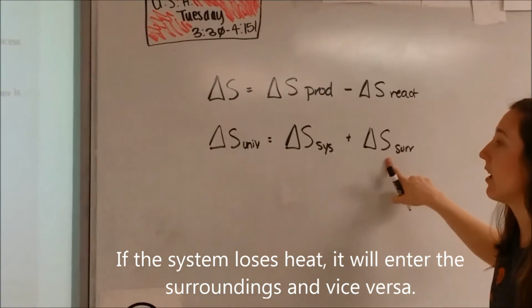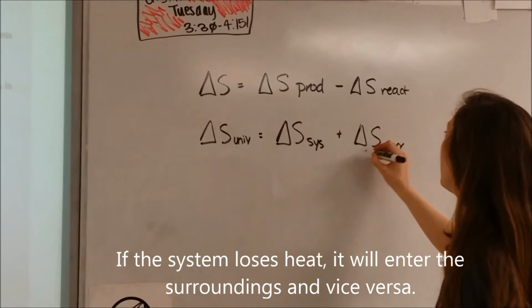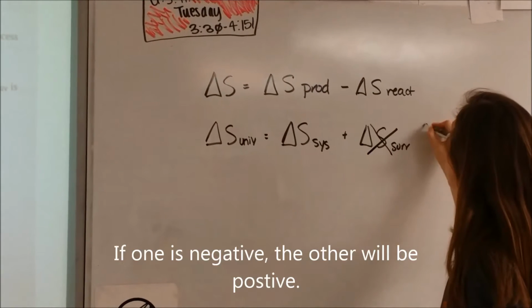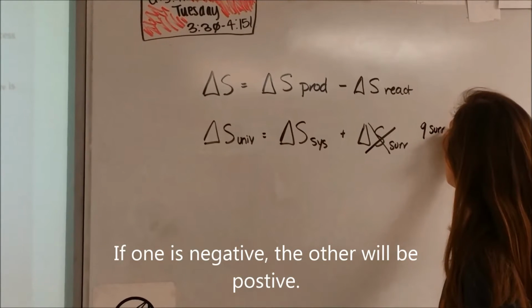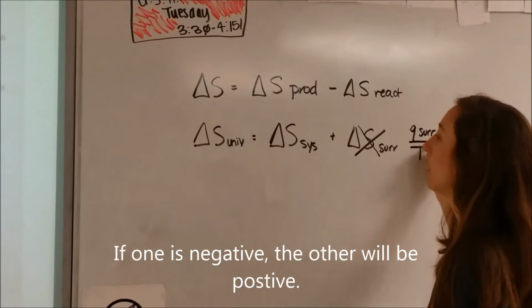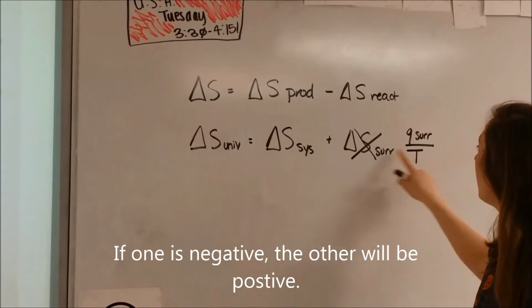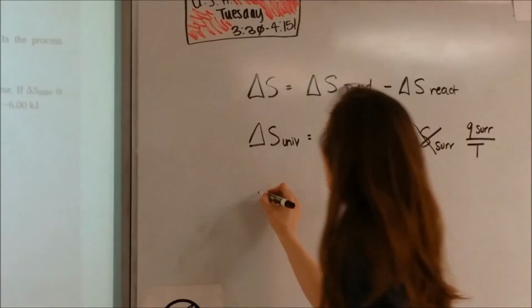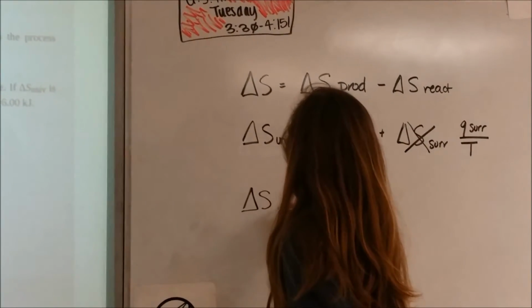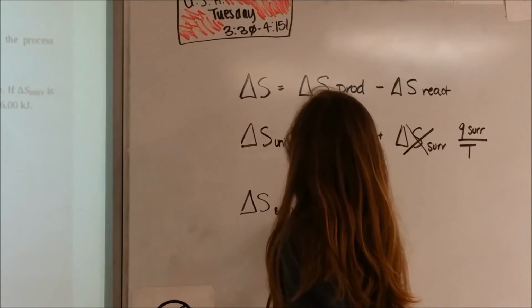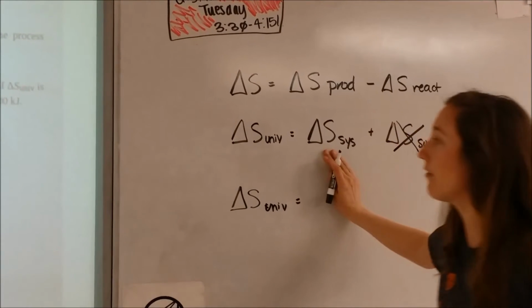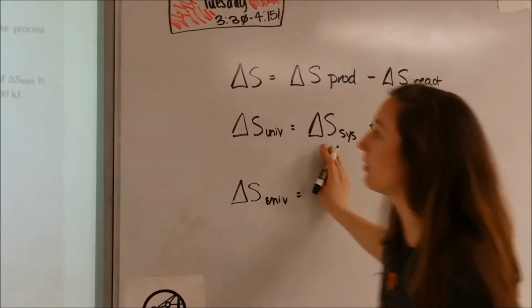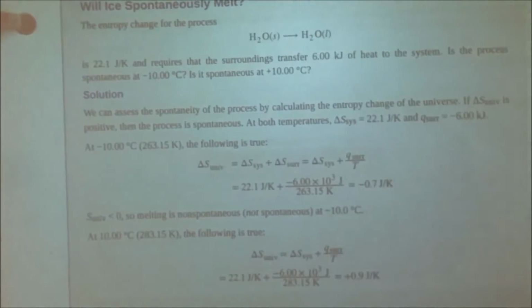Instead of using delta S of the surroundings, because we don't have this right now, what we're going to plug in for that is heat of the surroundings over temperature. So this is equal to each other, so we're just going to go ahead and plug it in. What we're trying to solve is delta S of the universe. We have this value from the system. They gave it to us in the problem. So 22.1